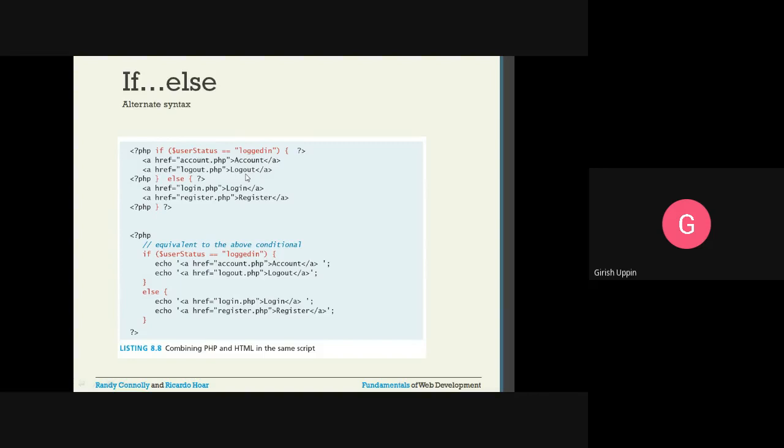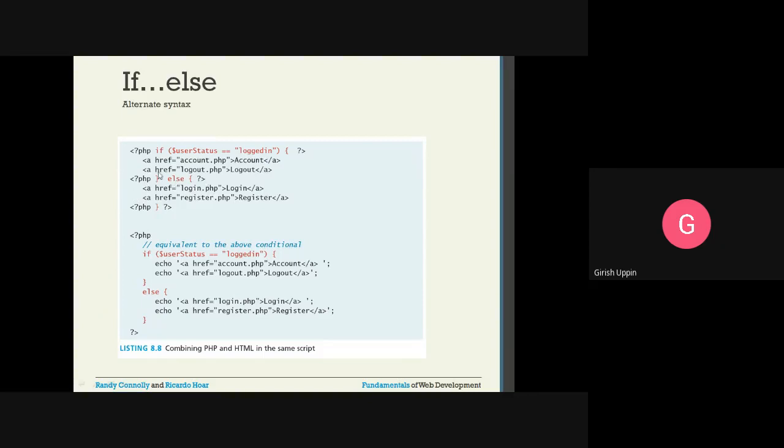On the browser, you will see account and logout, two words side by side with hyperlinks. If you click on account, it will call account.php, and if you click logout, it will call logout.php. If this logged in status is true, clicking on account, the account information will be shown.